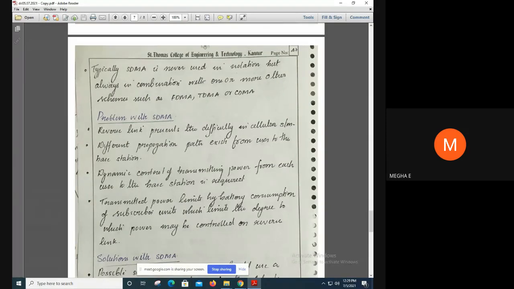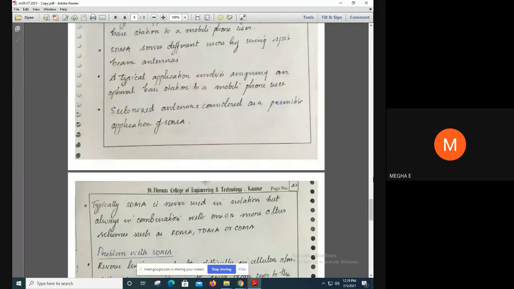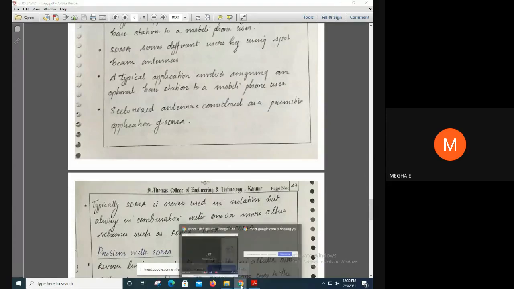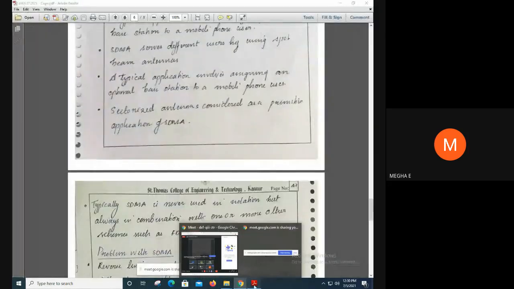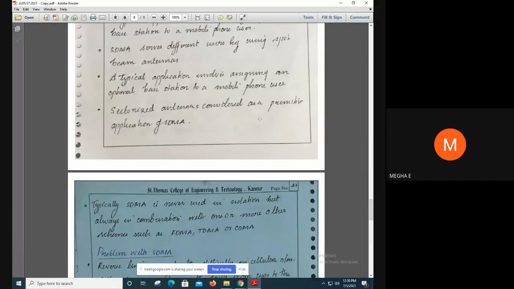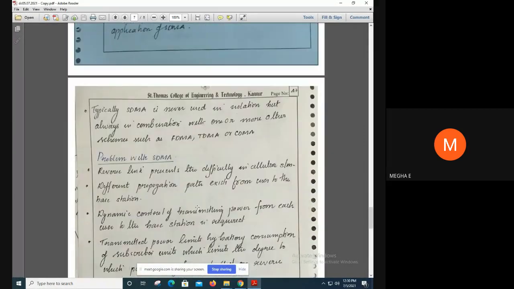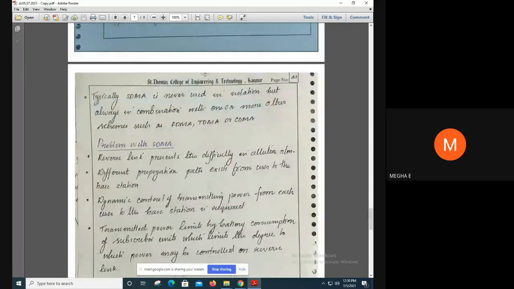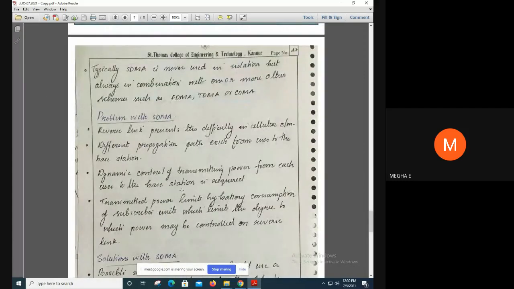The next problem with SDMA is dynamic control of transmitting power. Dynamic control of transmitting power from each user to the base station is required.